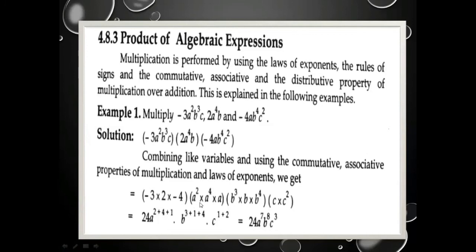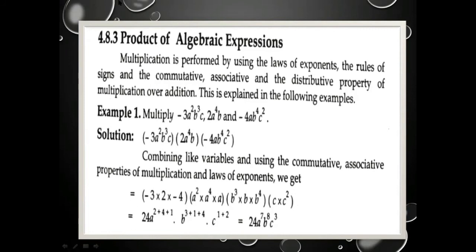So we will write all the a's in the second bracket. Then b cube, here b and there is b4. We write them in the third bracket like this. Then c: there is no c in the second bracket, and then c square. We will write them in the fourth bracket like this. Keep in mind all will be written with a multiply sign because we are going to multiply them.